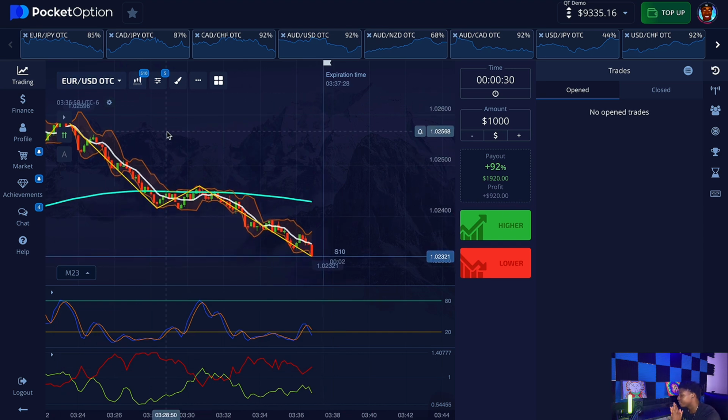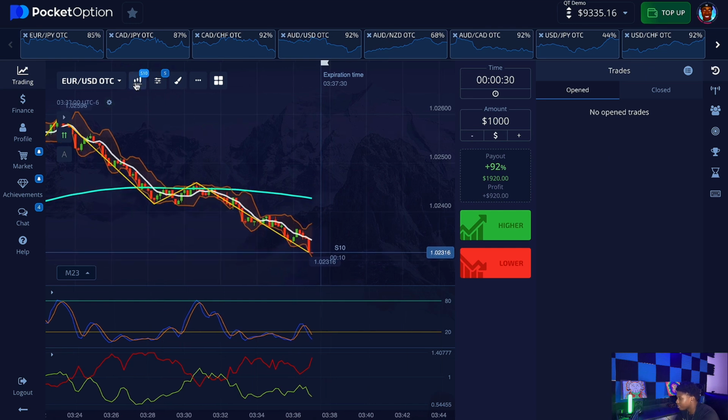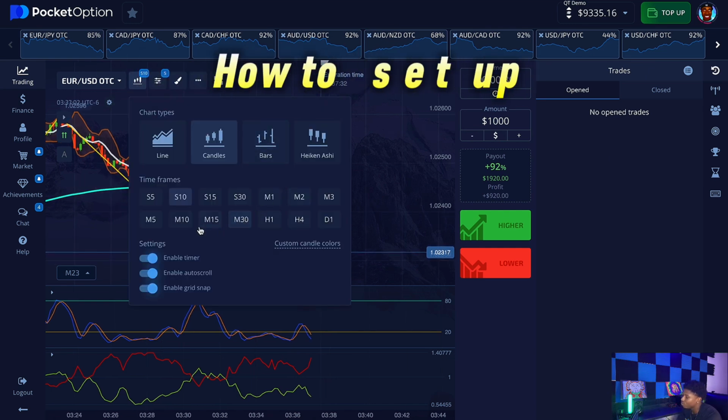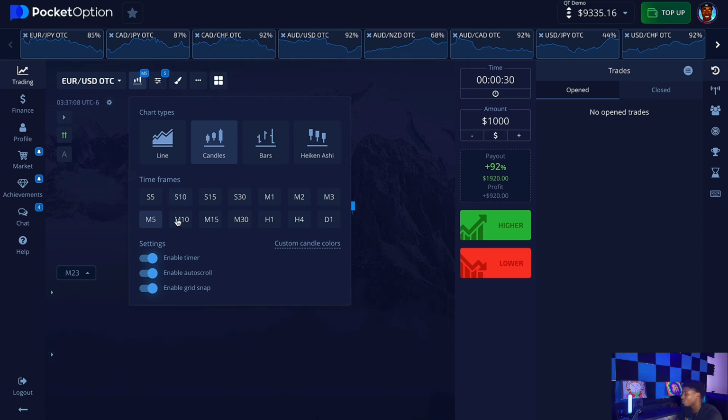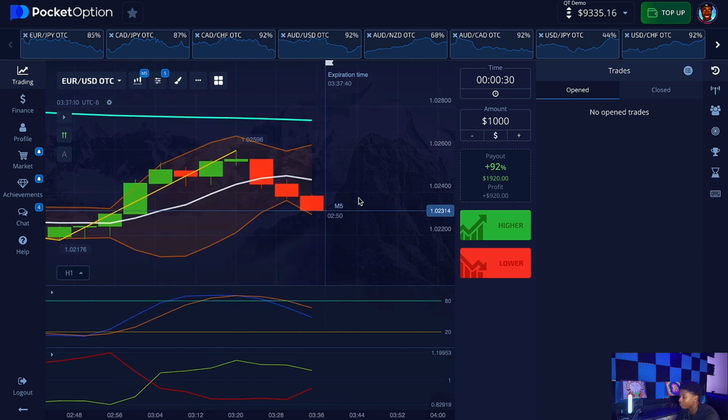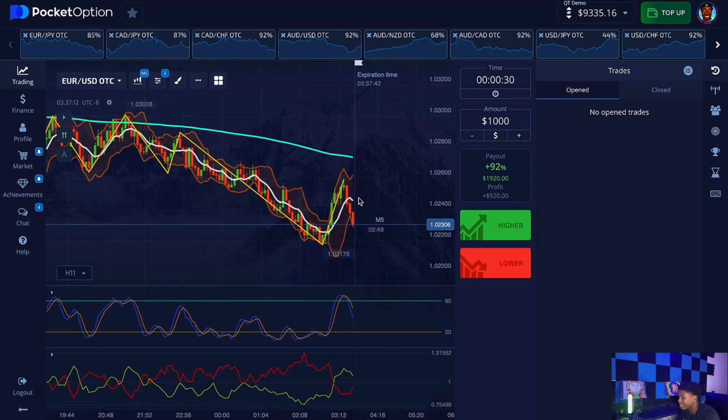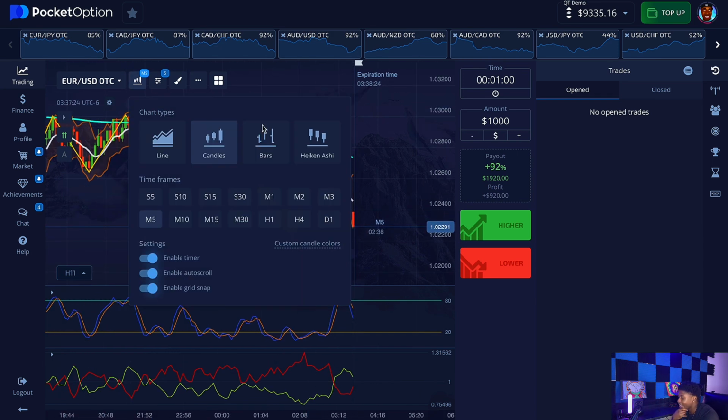Another thing that you guys want to know is the candlestick time frame. When you are trading, Forex, binary, you want to go ahead and pick out what time you want to trade on. So if you want to trade 1 minute trades, you want to start at the highest candlestick time frame on the chart. So you want to go to the 5, see what it's doing on the 5 minute,